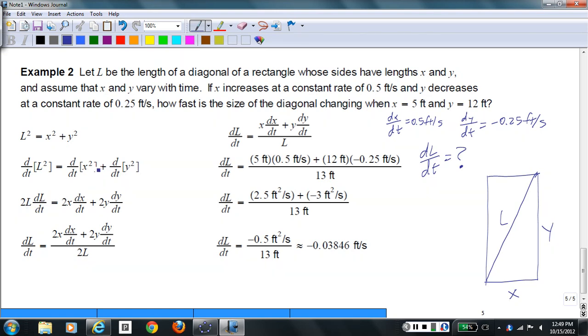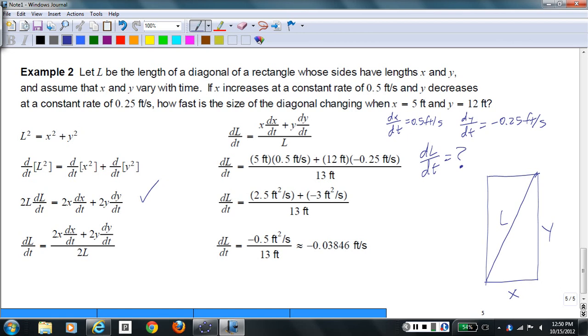And similarly, 2 comes out in front of the x, but we have to multiply by the derivative of x with respect to t, according to the chain rule. And then the 2 comes out in front of the y, but then we have to multiply by the derivative of y with respect to t. So we're looking at this equation,